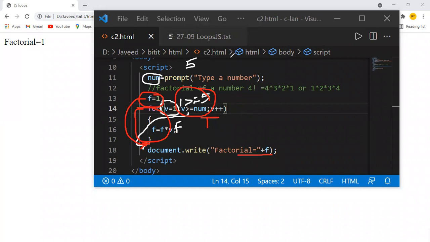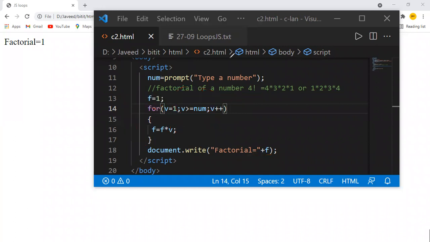It's not that we cannot write it, we can, but it depends on what type of condition you are writing. Is the condition going to be true or not? Is it going to repeat or not? All those things I need to take into consideration. Then only will my code be successfully executed. So you can have this, no issues there, but it depends upon your requirement. My requirement here is less than, so I'm writing it like that.